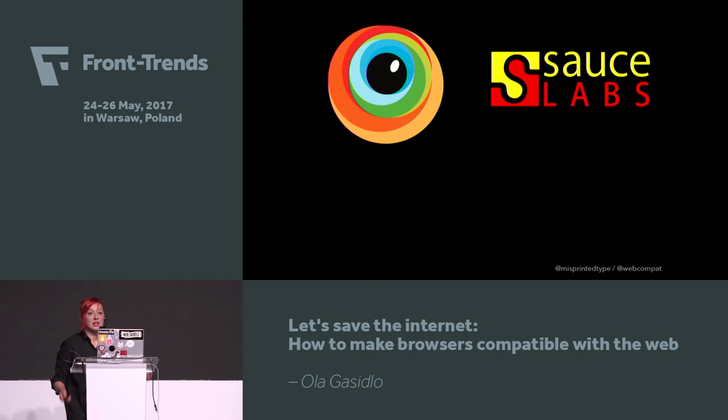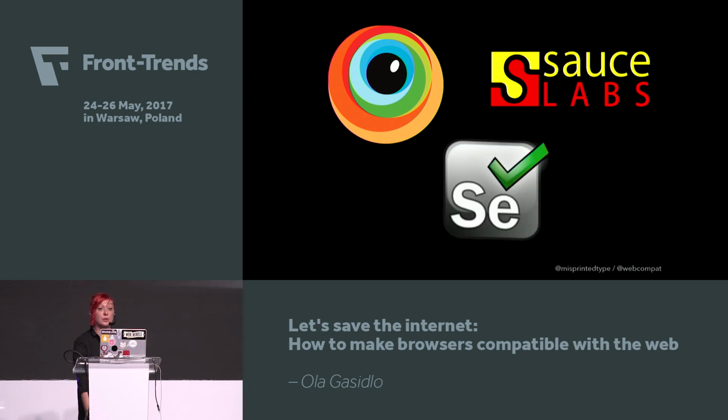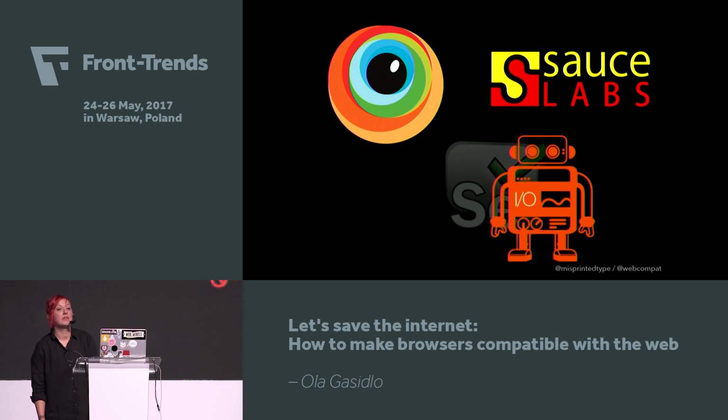Write tests and test your sites. BrowserStack as well as Sauce Labs are a great way to go and automate your testing for various browsers and operating systems. Write tests for APIs, so you know they won't break. That's great. And also, you can test locally with Selenium Server, and if you haven't done that, it's so much fun to install that and run it. You can just use WebDriver.io. It's open source, a test utility for Node.js, takes away a lot of pain. Plus,